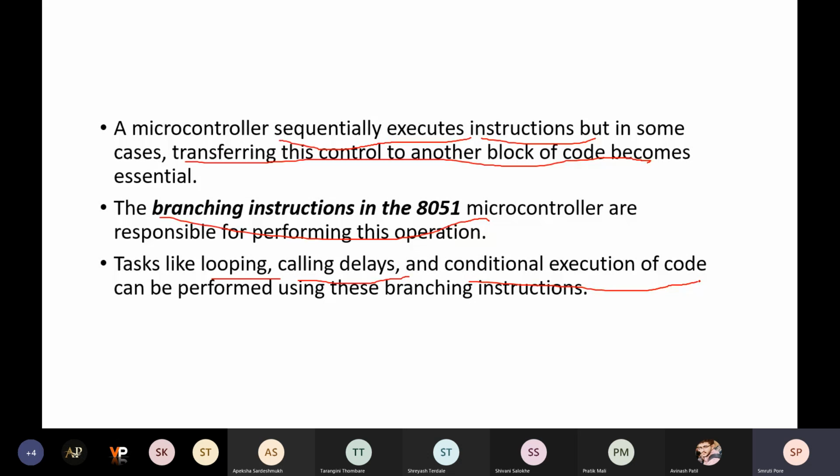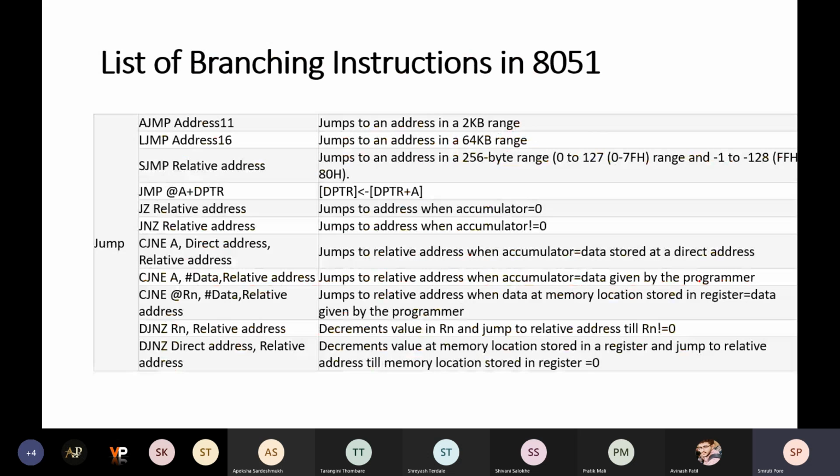Now I will give you the list of the different branching instructions available in the 8051 microcontroller. The very first instruction used for branching operation in 8051 is jump. On the left hand side we can see the jump instruction, and in the second column we have various variations of the jump instruction.